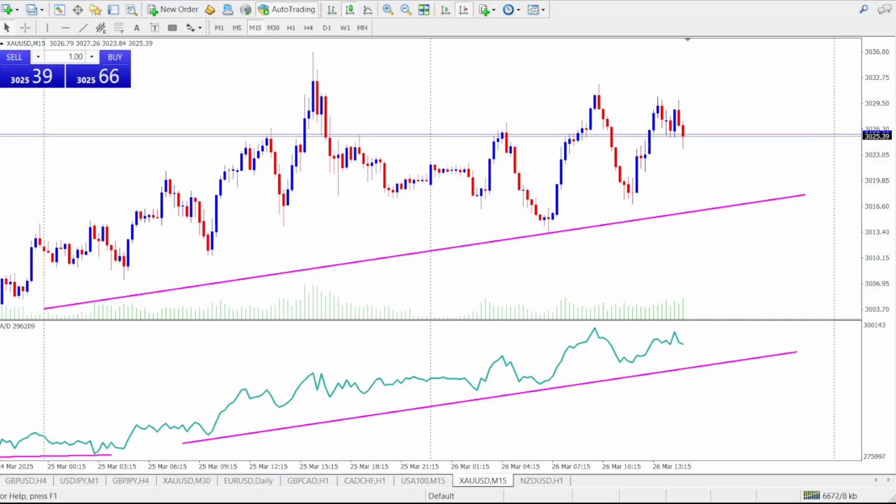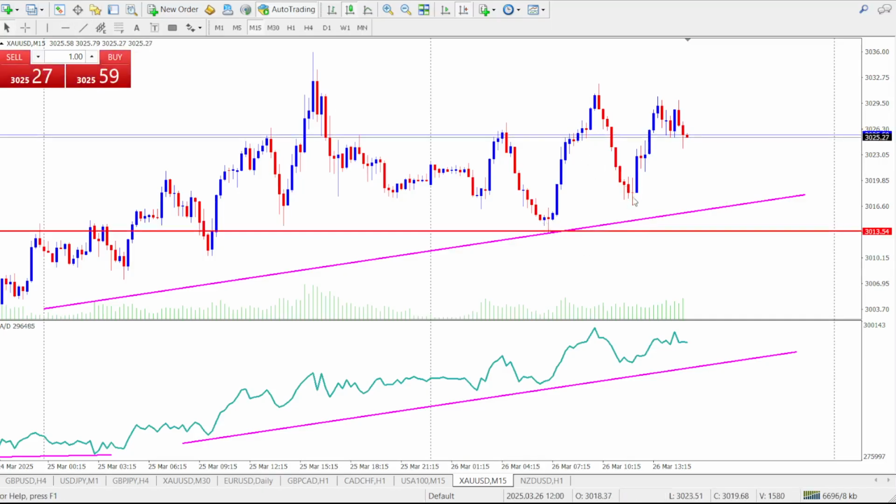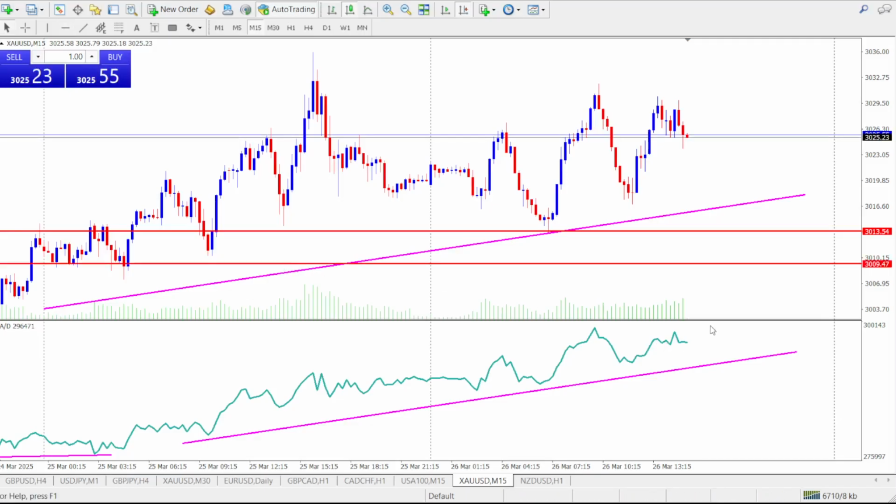Let's just quickly break down how you can use the AD line in your trading. For uptrend confirmation, when the AD line is moving up alongside the price, it confirms that the uptrend is supported by buying activity. After a higher low is being formed, you can go ahead and look for buying opportunities, and you can set your stop loss below the previous swing lows,